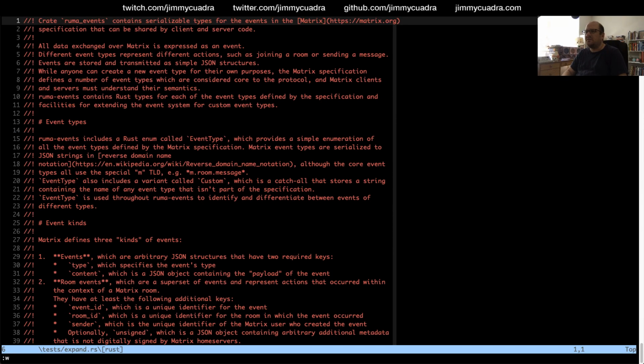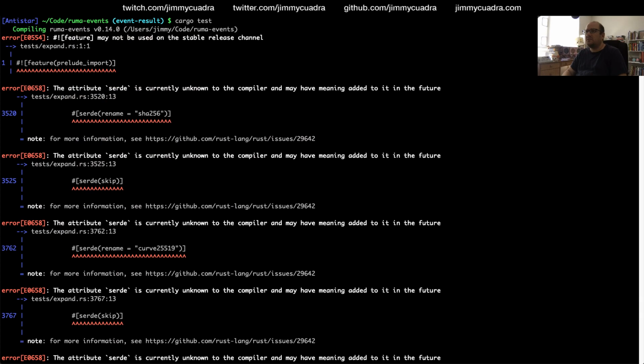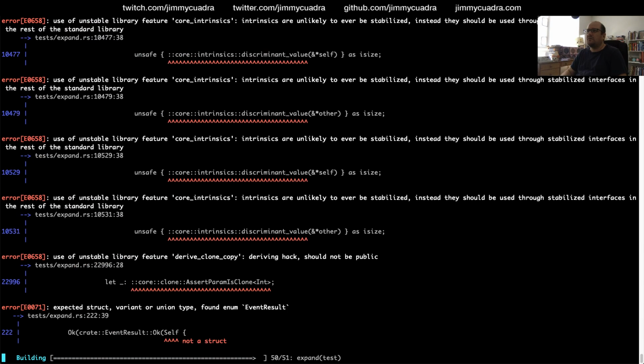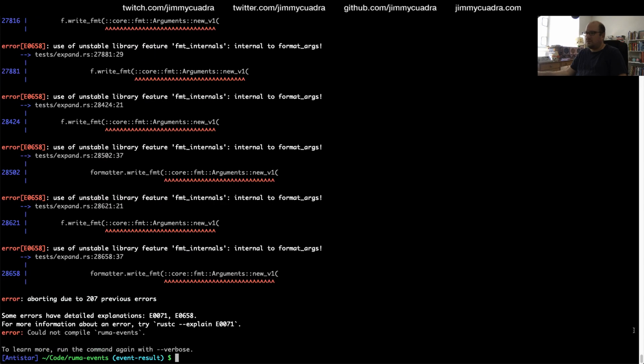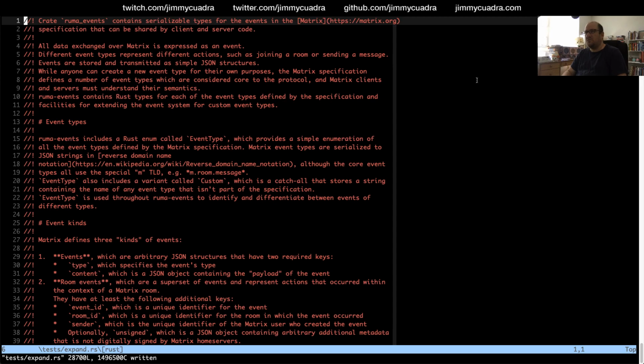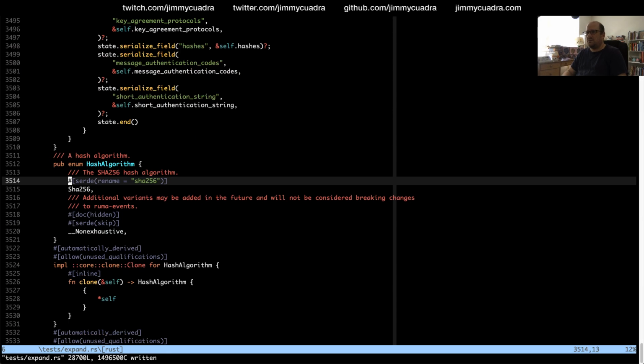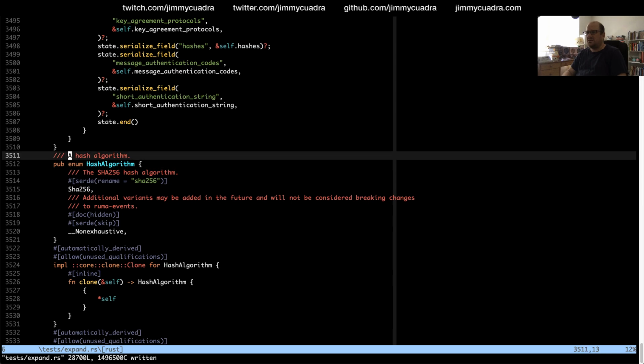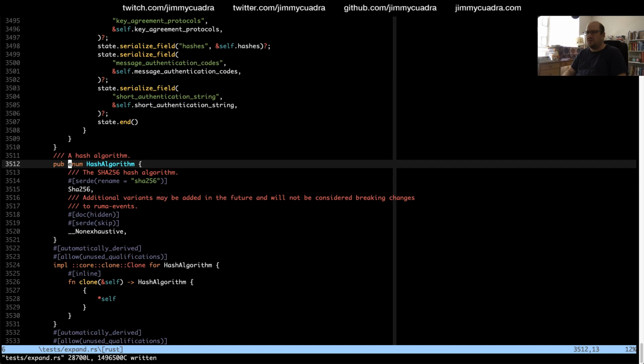Did it not save? Ugh. Attribute serde is not known to the compiler. What? What happened to... Oh. Because it removes the deserialize implementation? That's weird.